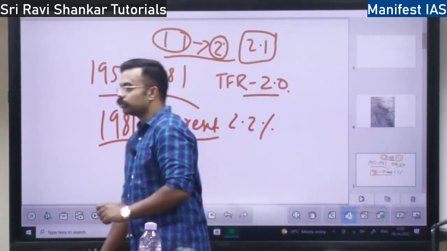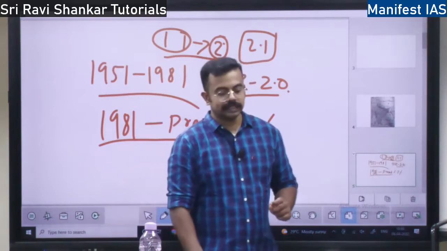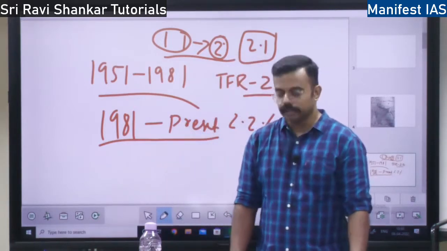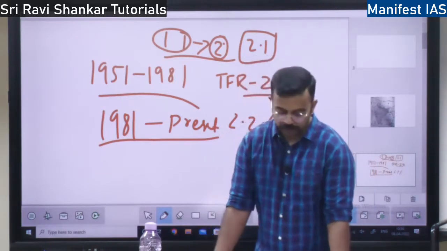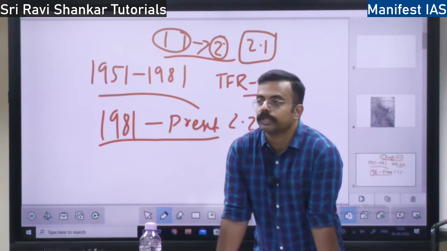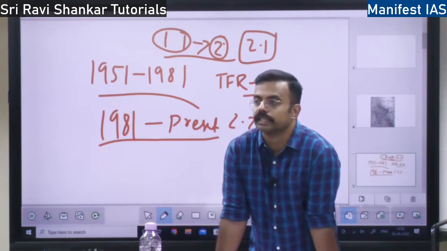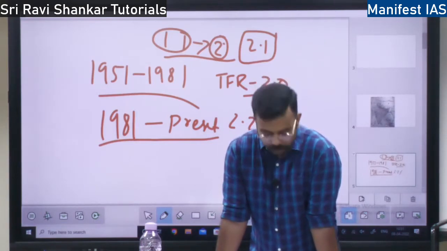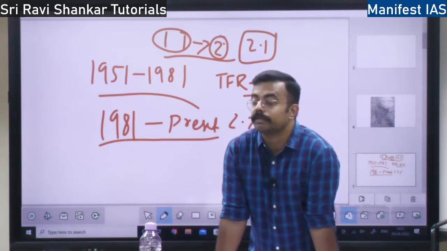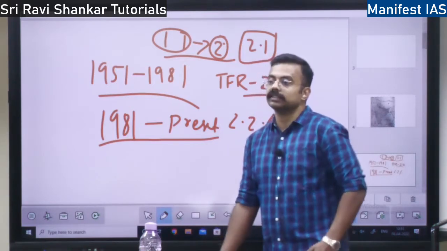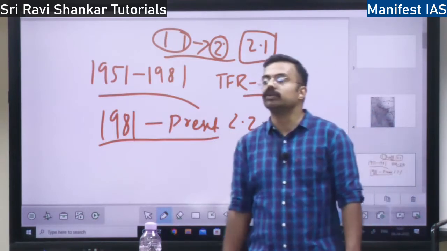Next, when it comes to population growth in India, there is one peculiar issue, that is the growth of adolescents. What is adolescent? From what age to what age does the adolescent population constitute? Adolescent means from the age of 10 to 19. If you belong to the age group 10 to 19, you are called an adolescent. India has the highest population of adolescents. 21% of Indians are adolescents, that is, they belong to the age 10 to 19.